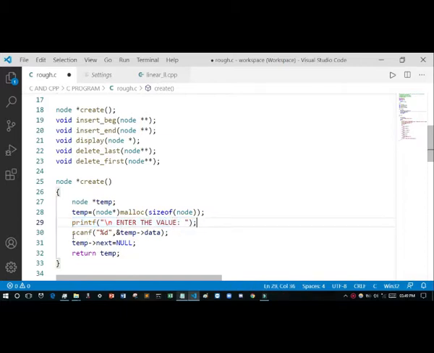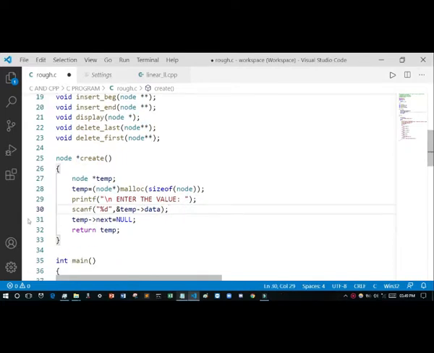and scanf is used. See, when we use a normal data type, then we use dot, and as this is a pointer, we will use this arrow sign.